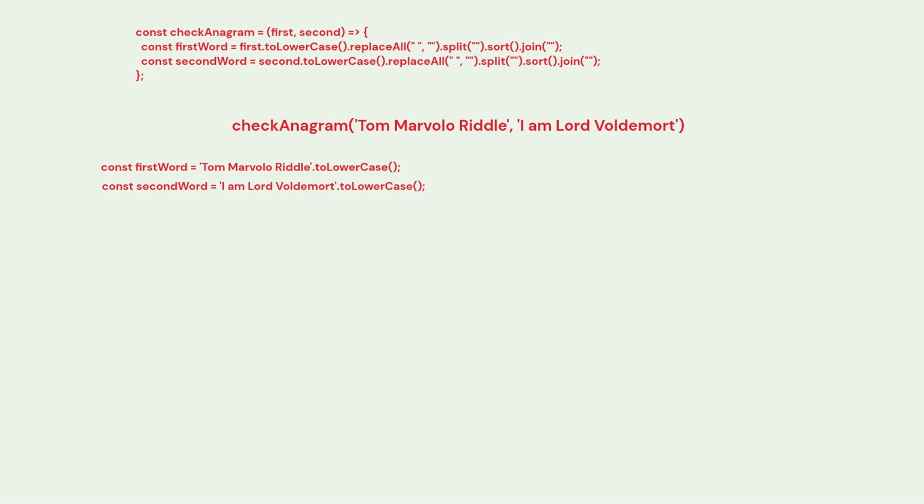We are doing this because JavaScript is a case-sensitive programming language, and if you try to compare an uppercase letter to its lowercase version, it will return false. Our variables are going to look like this after converting the parameters to lowercase. And then we called the replaceAll method. With this method, I am replacing all the white spaces with empty strings, so this basically removes all the white